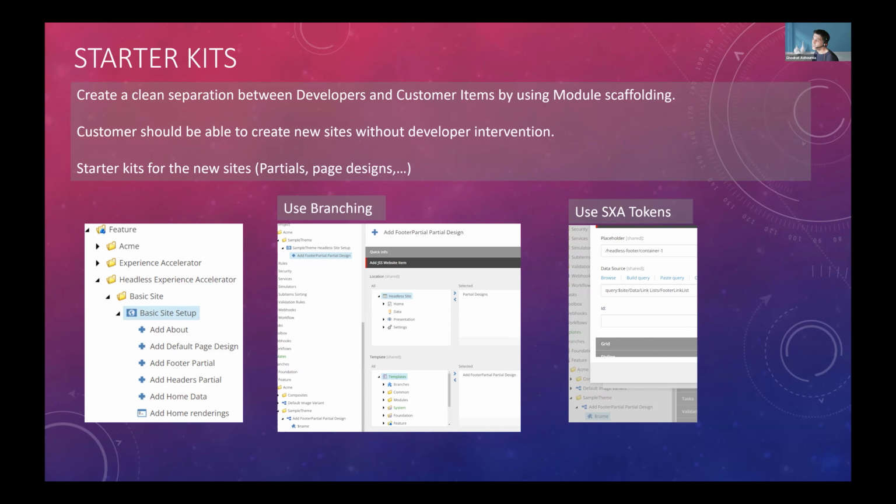You can employ the same concept to create basically starter kits for different websites.